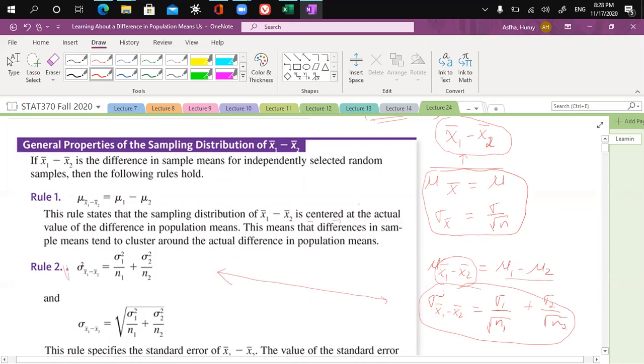Now, if you take the square root of both sides,